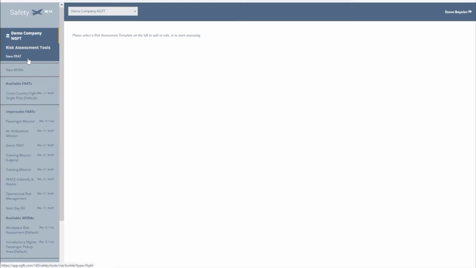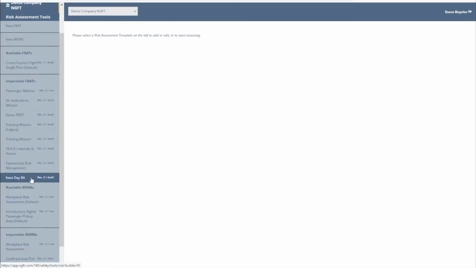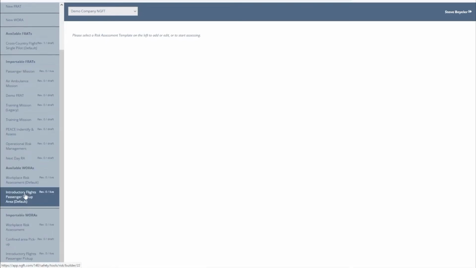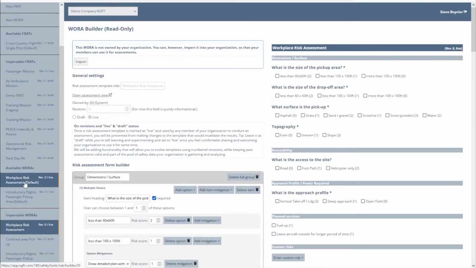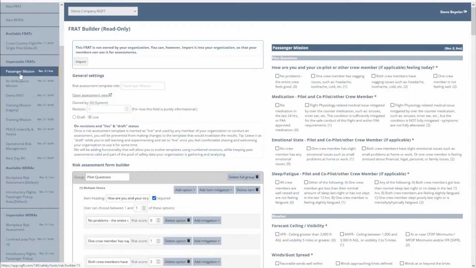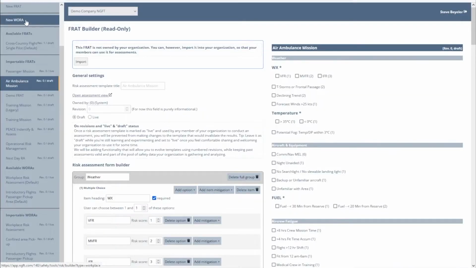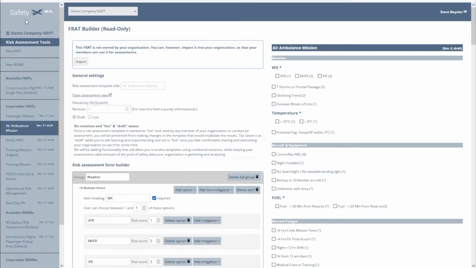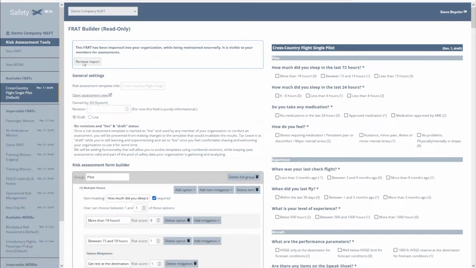You may start the creation of new risk assessments from the left sidebar. You'll also find available FRATs. These are the FRATs you already imported or created for your company and will be available. Importable FRATs: list of the FRATs you may import. The same applies for WRAS. They're to be found just below the FRATs. FRATs that have been imported are recognizable after selection by the note that appears above the general setting in the